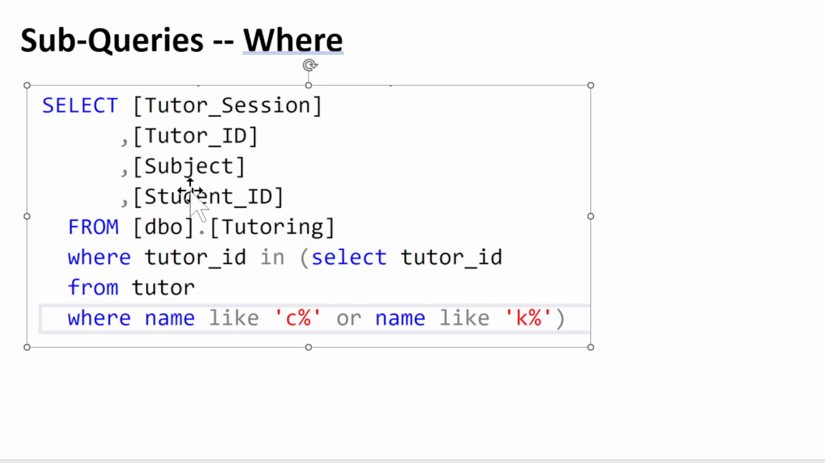I only want the tutors whose names start with C or K. So in order to do that, I would have to join to the tutor table, which had the tutor names. And so if I can do this by creating a join statement, joining on, and doing a where, that's actually a more complex, more computationally costly query. So what we're going to do here is just in the where clause, I've got another select statement